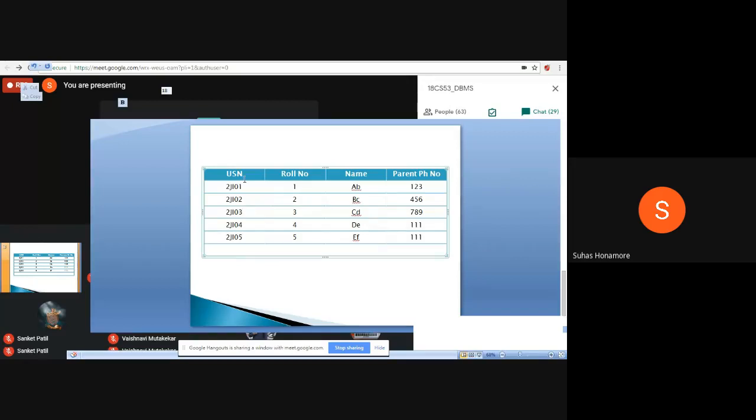Getting it? So here I have two attributes, and I can use these two to identify each row individually. So these two I will call candidate keys. Among them I am using one of them to identify a row individually. I have two options, but I will use only one. The option that I'm using, I will call the primary key. Suppose I use USN, then I will say USN is the primary key. Any doubts till now?